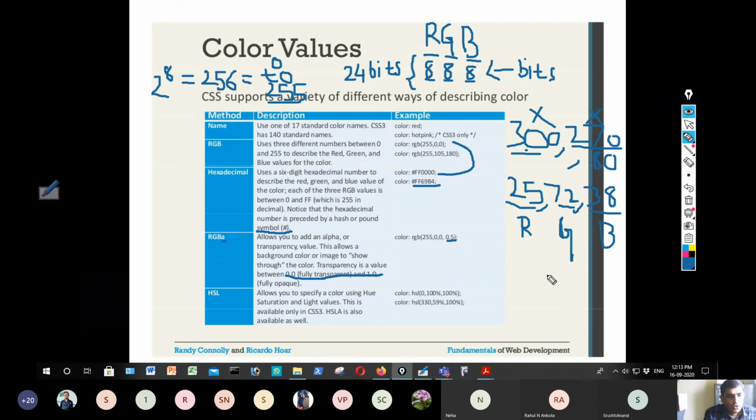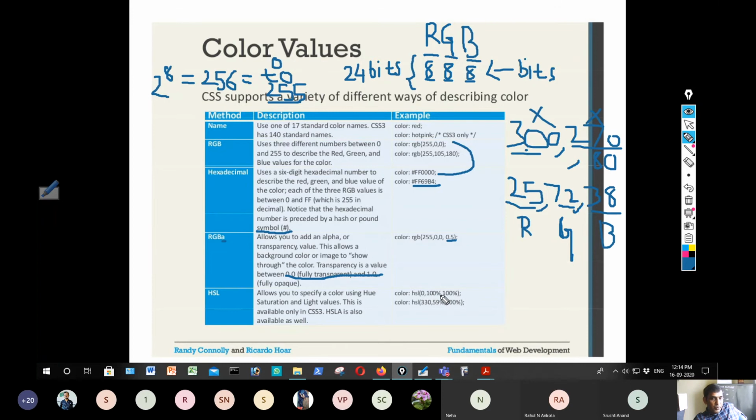Then HSL, which stands for hue, saturation and light values. It is used to specify a color using hue, saturation and light values. This is available only in CSS3. The saturation level of a given color can be specified like color, with hue, saturation and light values as 0, 100%, 100%.